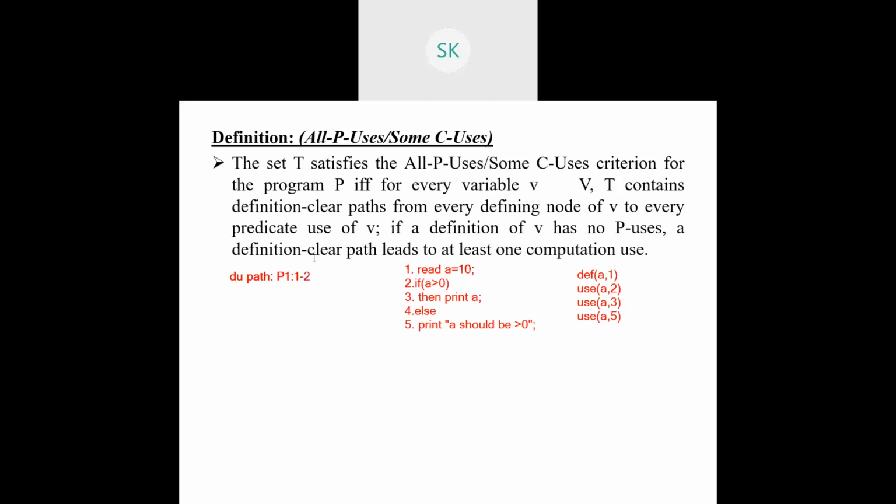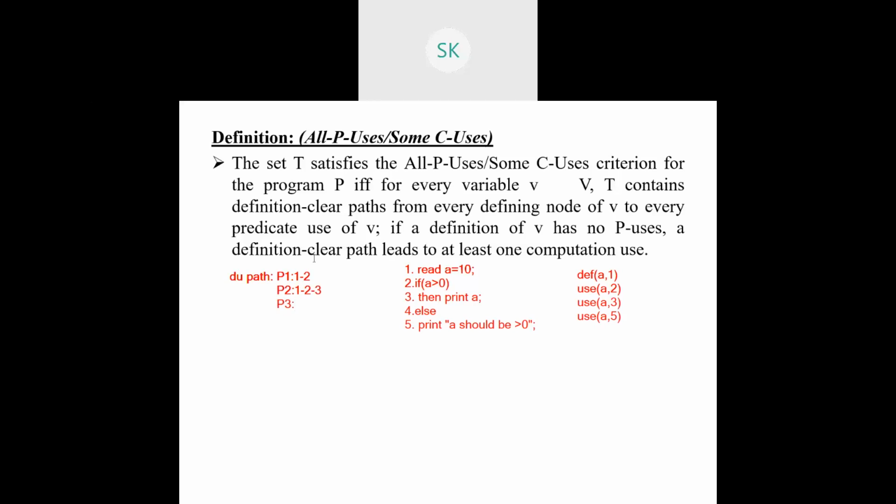Similarly, we have path 2. There also the definition node should be 1 followed by 3, till 3. So 1 followed by 2, 2 followed by 3. I'm identifying all the paths now, so don't get confused. Still, we have not identified the definition clear path. We have just identified the definition usage path. That's it. So with respect to this P3,